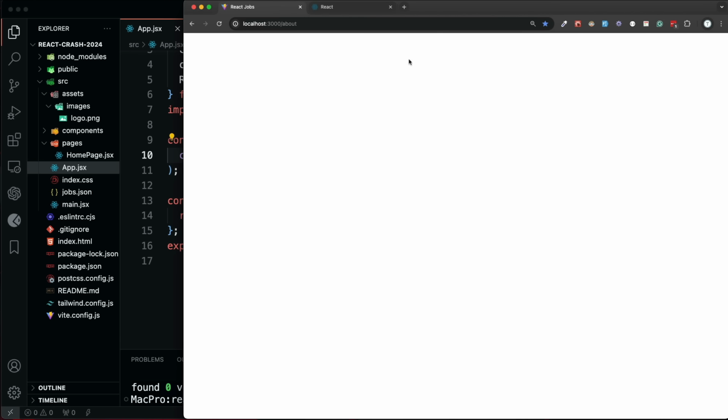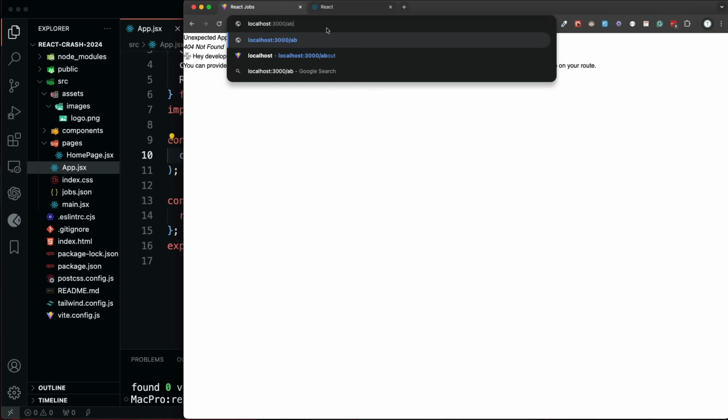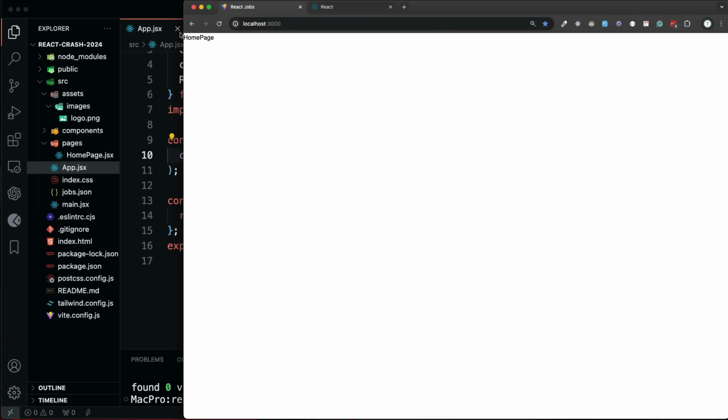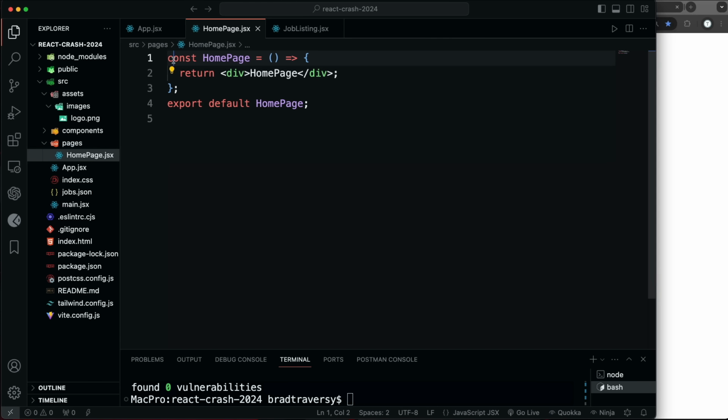Okay, so now if I save that and we go, about doesn't exist, and I'll show you how we can create a custom 404 page as well. But if we go to the home page, then we see the text home page. Okay, now in the home page, this is where I want to bring in